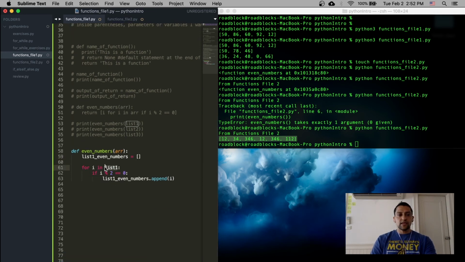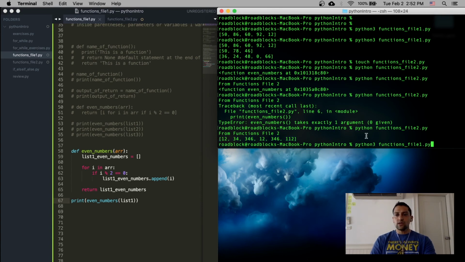Here I write ARR, that's all, and return list 1 even numbers. We can write it like this, and if there's a print statement inside like this,